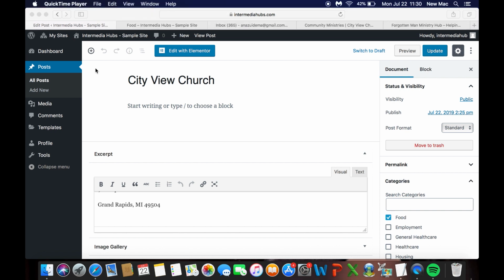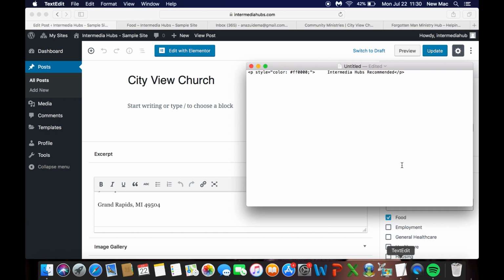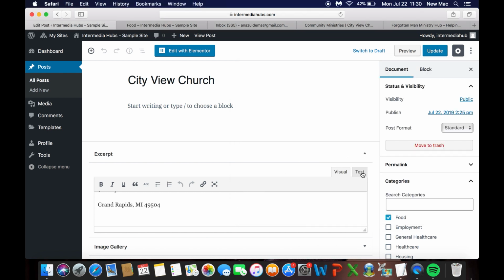So I'm going to show you how you will insert an HTML line of code into Post. I promise this is going to be easier than it may sound. For my example, you're going to receive a line of code like this, but this is an example I'm going to use. What you want to do is just copy this,